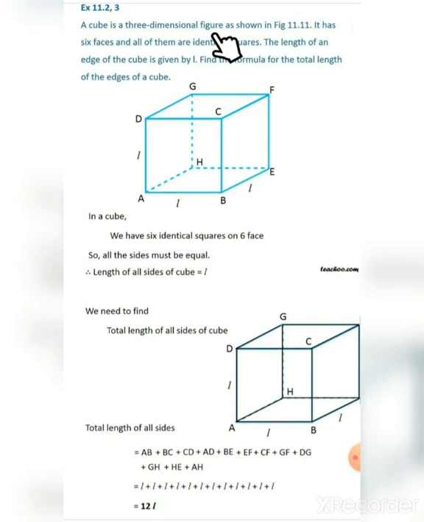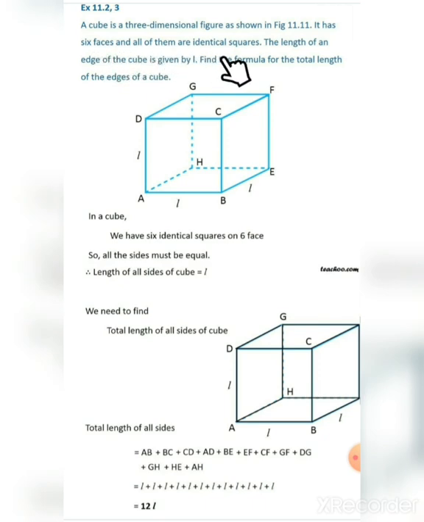Cube, ice cubes, dice cubes, then cube which is used in Ludo, all are cubes, and it is a 3-dimensional figure as shown in the figure. It has 6 faces, means 6 sides, 4 on 4 sides and 2 up and down,